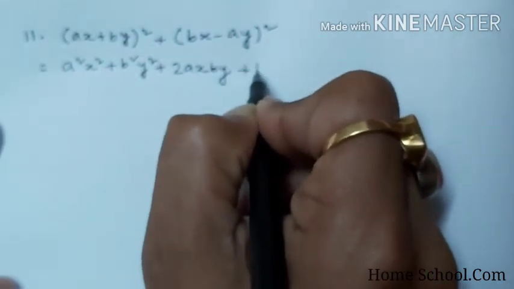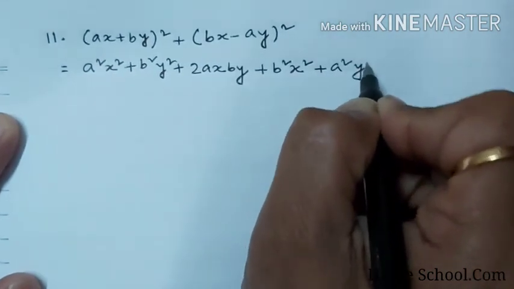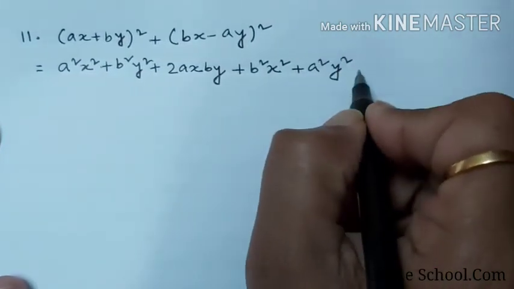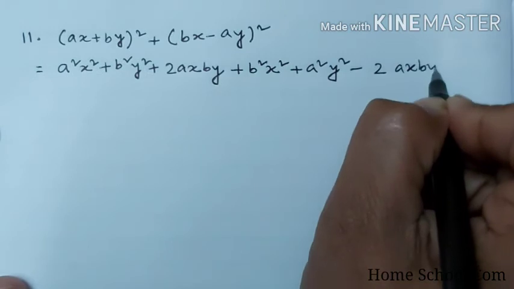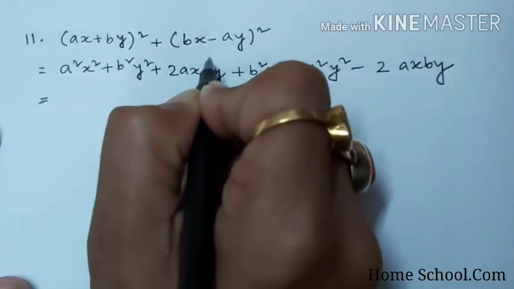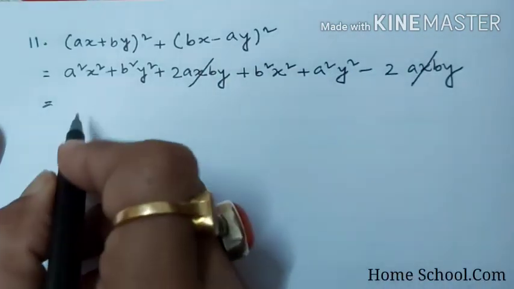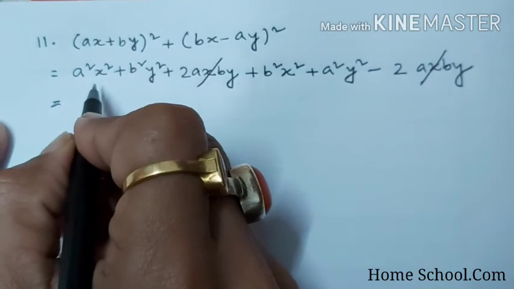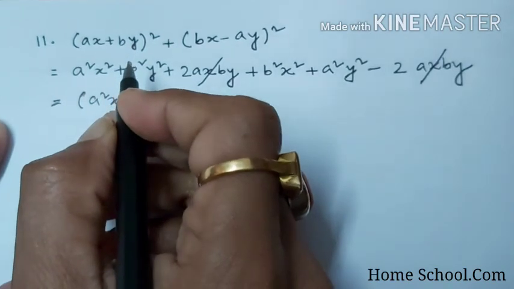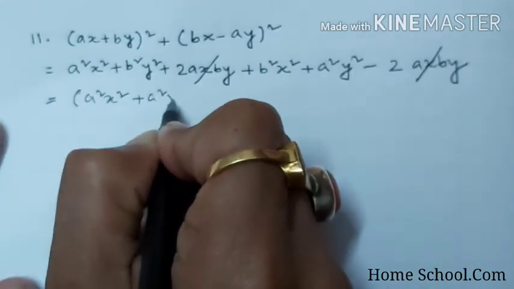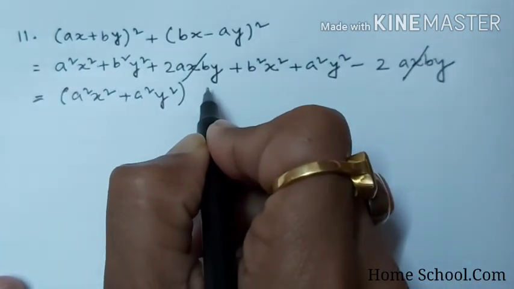Here you get b square x square plus a square y square, and minus 2abxy. Now plus 2abxy and minus 2abxy, so you can strike it out. Now you have to group like this: a square x square along with a square y square is one group, and the second group is